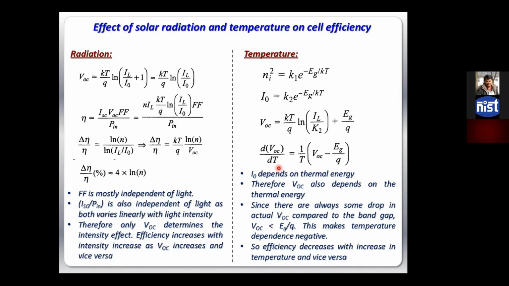Now these cells are mostly embedded inside glass and metal like a panel. If you have seen solar panels, the top surface is glass, the bottom surface is aluminum. If the ambient temperature is 40 due to the greenhouse effect and all these things, the inside temperature of the modules will be 65, 70 degrees centigrade. So that means it will be a huge change, right? So there will be a significant drop of efficiency of solar modules due to the temperature variation, right?